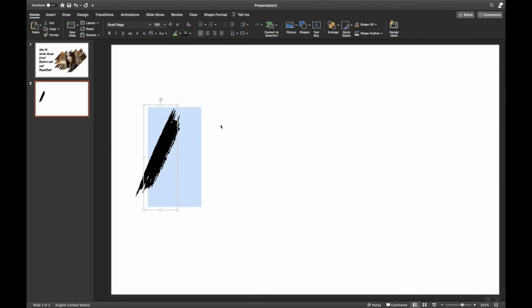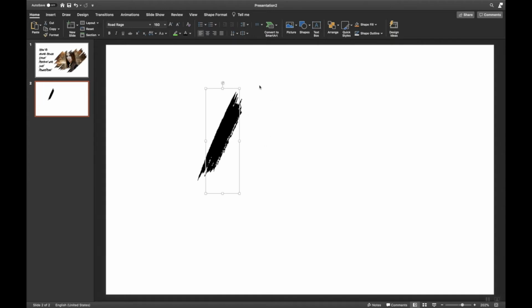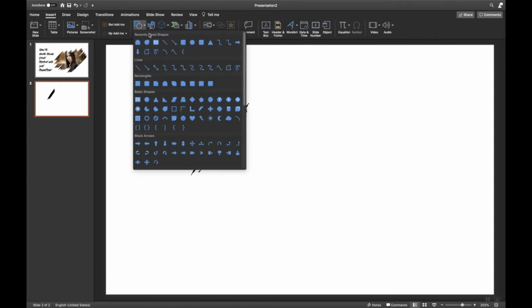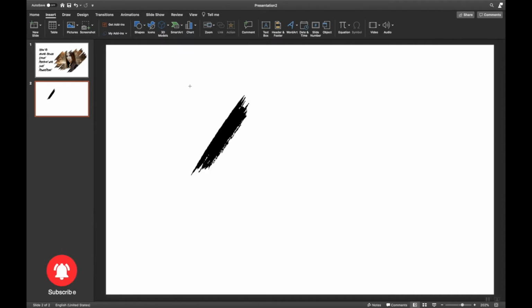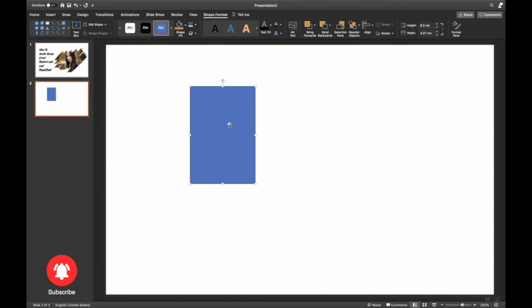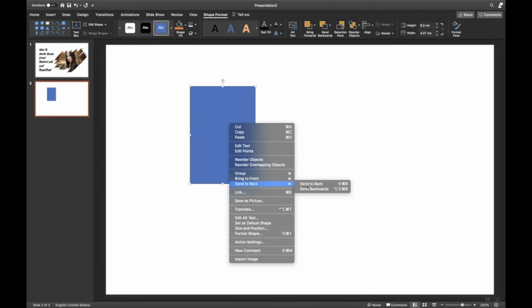Now go back to your Home button. Another thing, as you can see, if I want to create a similar type of brush effect, I need to create a layer multiple times. These are known as objects. So I'll be drawing one particular shape. Let's take an example. I am selecting a square shape and designing a rectangle. I'm just sending it to back.